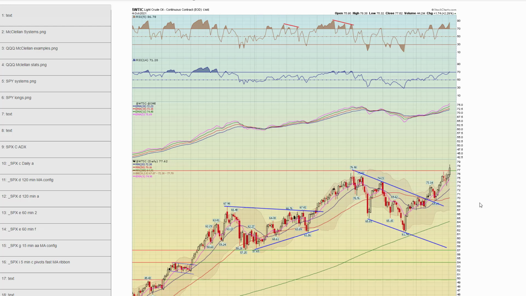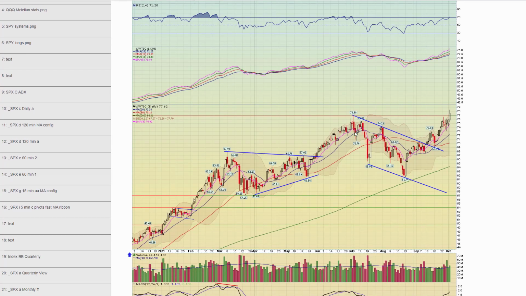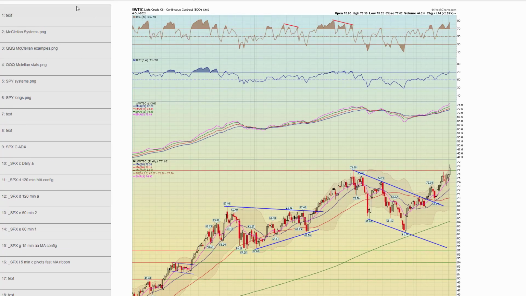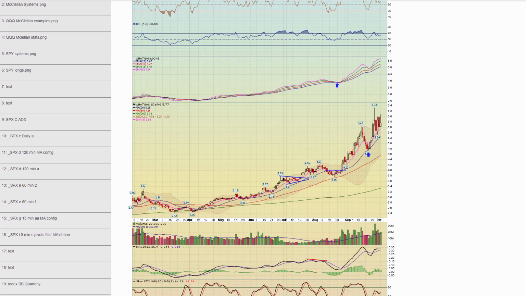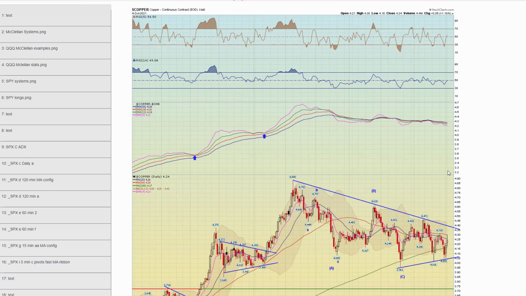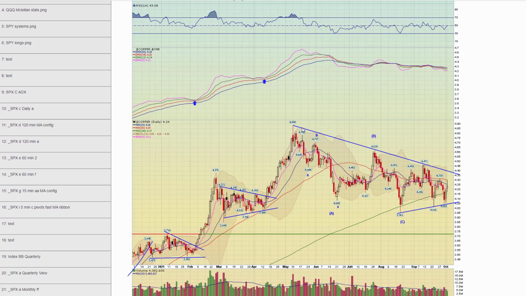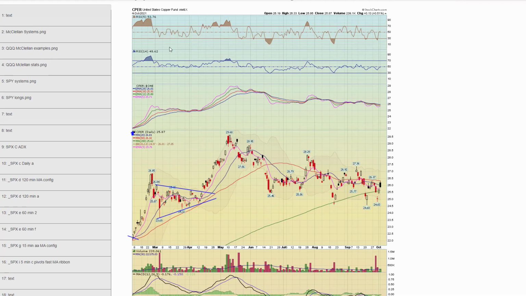Next. Chapter 51, crude oil. Starting to take out this recent high. Not surprised. Over time, I expect crude oil to honestly go much higher, guys. Next. Chapter 52, natural gas, up today, but off the highs. It's had a heck of a run this year. Next. Chapter 53, copper. It was up today, but it's still in this same coiling type pattern.